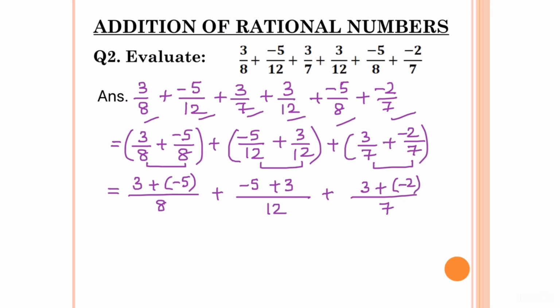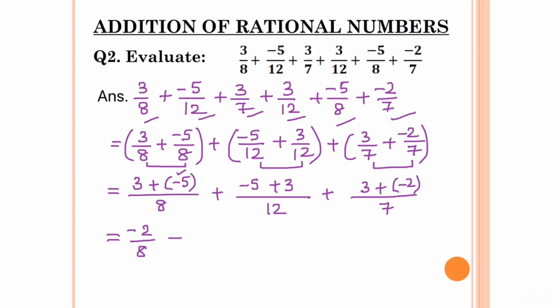This is equal to, in the numerator we have 3 plus of minus 5. Both the integers are of opposite sign, so we will subtract the numerical values. The greater numerical value minus the smaller numerical value, that is 5 minus 3, which is 2. And the sign of the greater numerical value, which is minus, we will assign to the result. Denominator is 8,